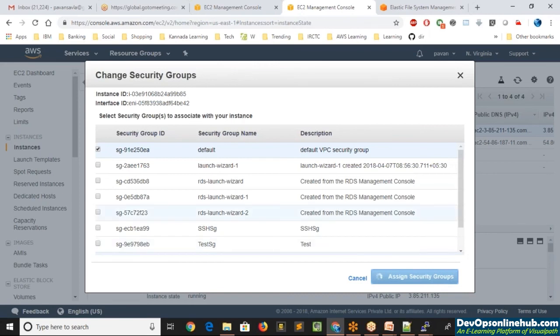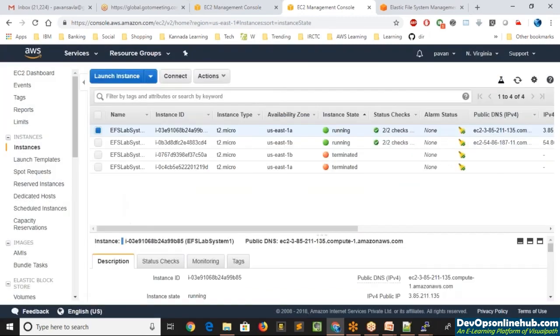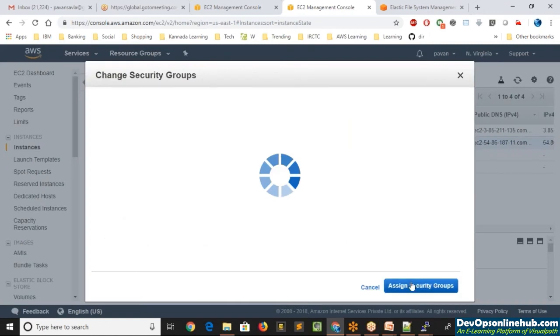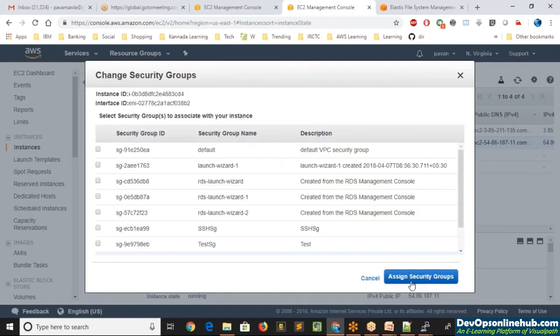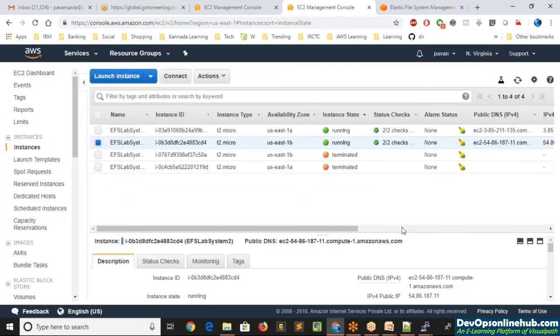Similarly, the same activity for the second instance. There we go, we have attached both the security groups.